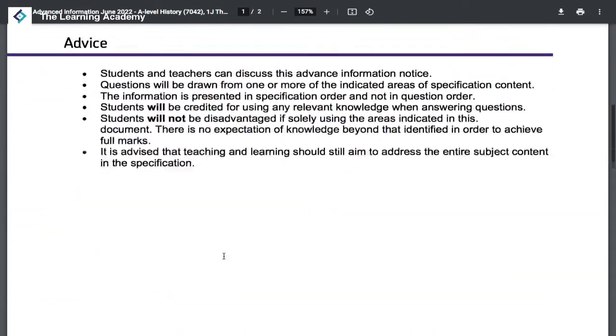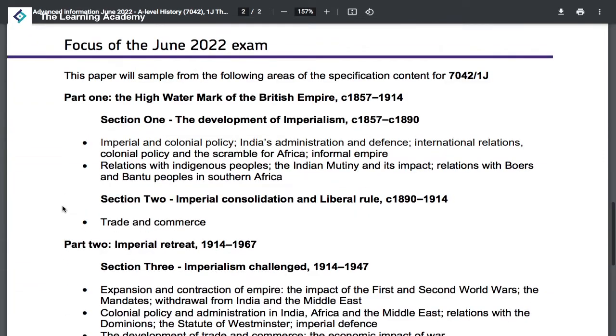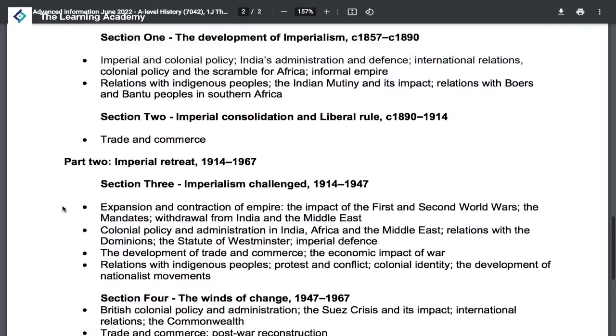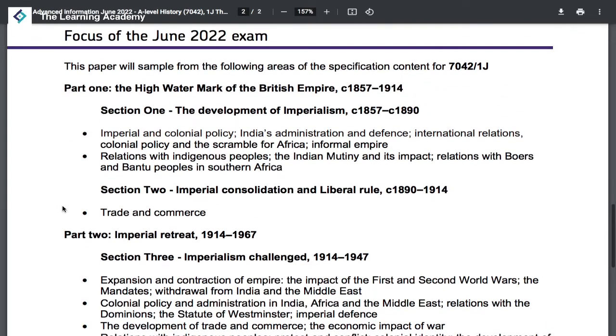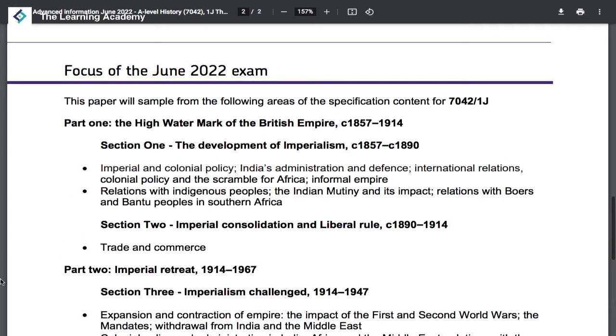So for the British Empire, it seems that for the most part, you're going to be focusing on the second half of the A-level history module. You could be talking about part 2 ultimately from 1914 to 1967. But that is not to say that there's going to be nothing covered in relation to the first part of the section. So section 1 on the development of imperialism, so the development of imperialism in Africa and into the